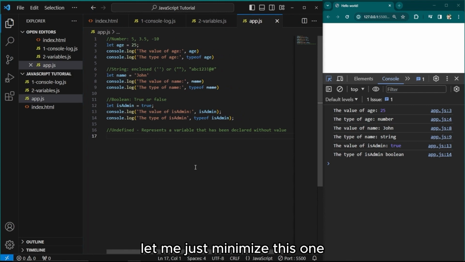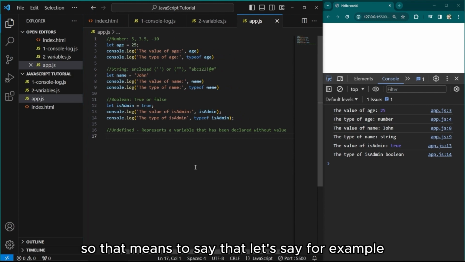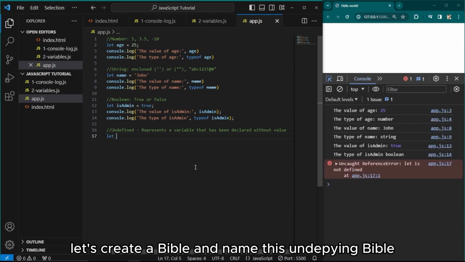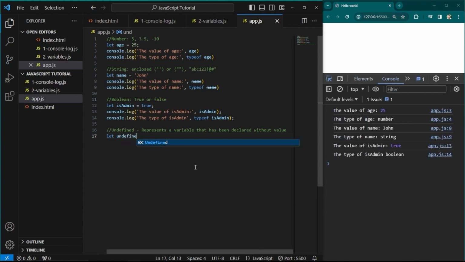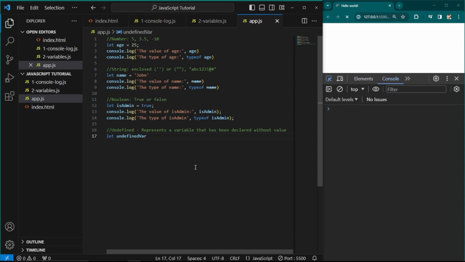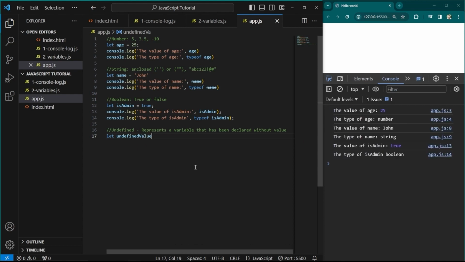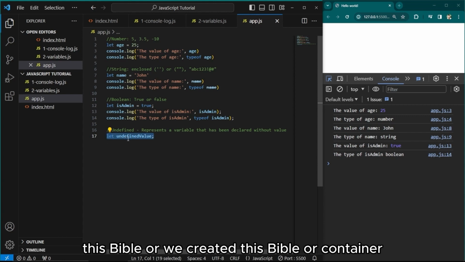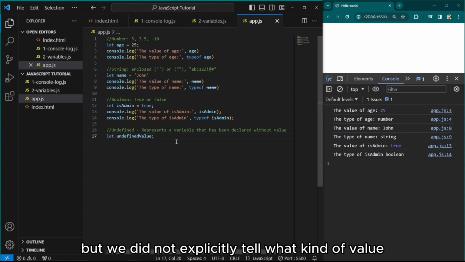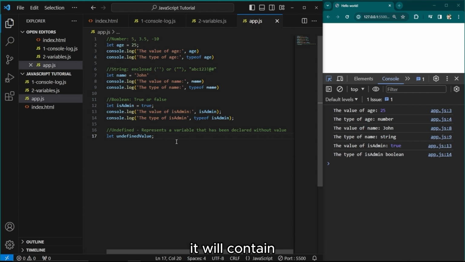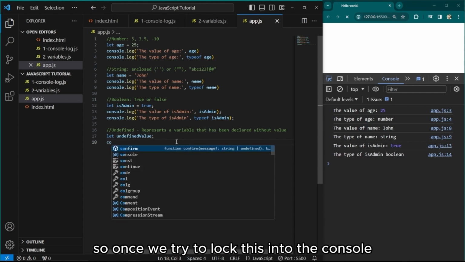Let me just minimize this one. That means, for example, let's create a variable and name it undefined value. Now remember that we declared this variable, or created this container, but we did not explicitly tell what kind of value it will contain. So once we try to log this into the console,